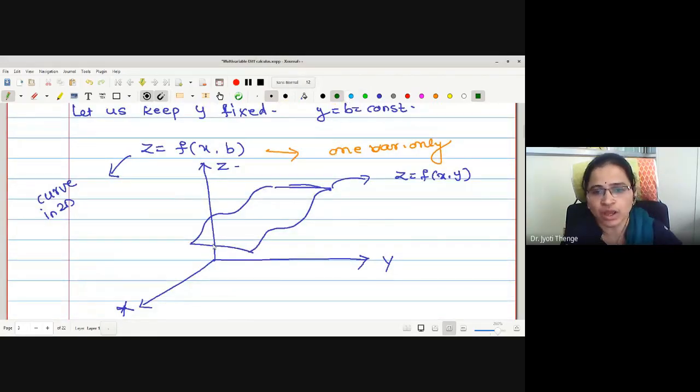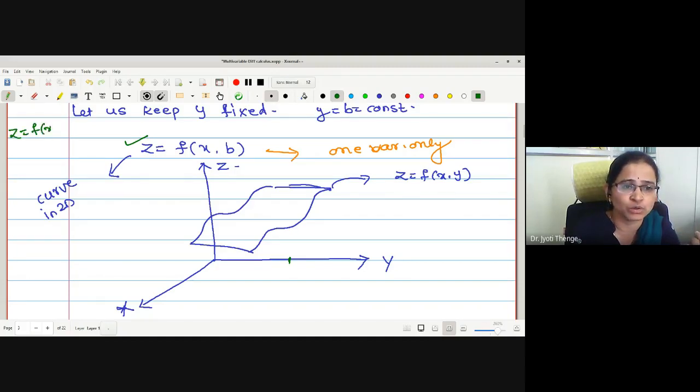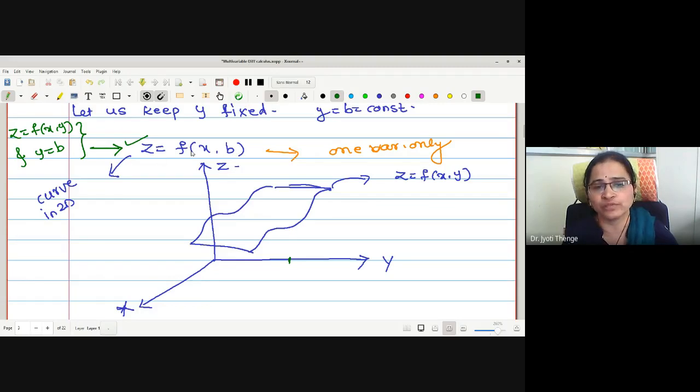Y equal to b we have to draw in this sketch also, and we have to take the intersection of both the sheets, because y equal to b we have kept in the surface function. Okay, we have kept this value now, y equal to b. Where we have kept this value? We have kept this value in the equation of a surface. Whenever we are keeping this value, we are interested in taking the intersection of both. Therefore, whatever resultant is obtained, this is the resultant of the surface z equal to f of x, y and the plane y equal to b. And whatever results is a curve z equal to f of x, b.